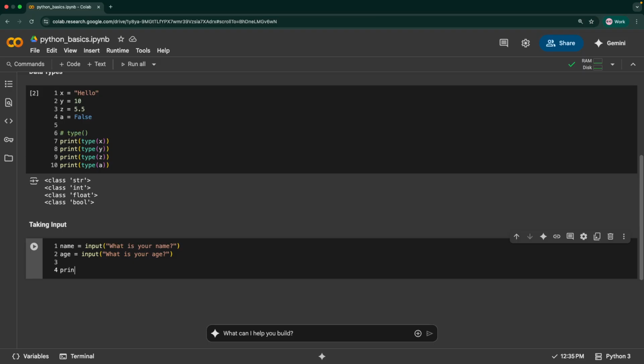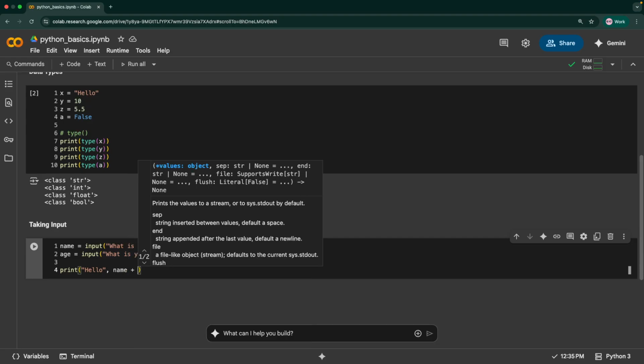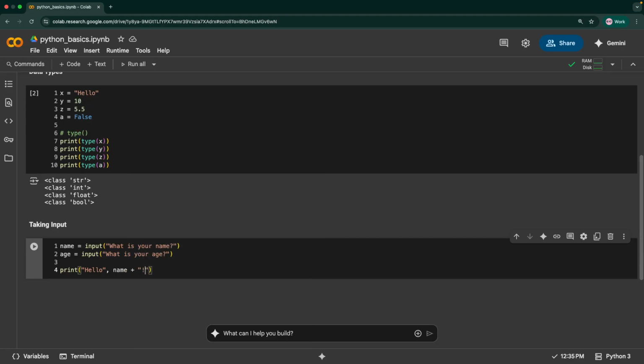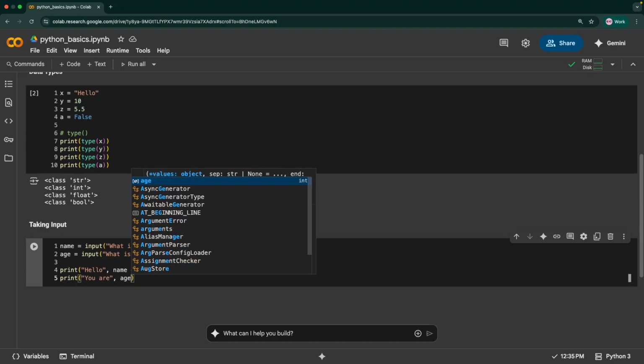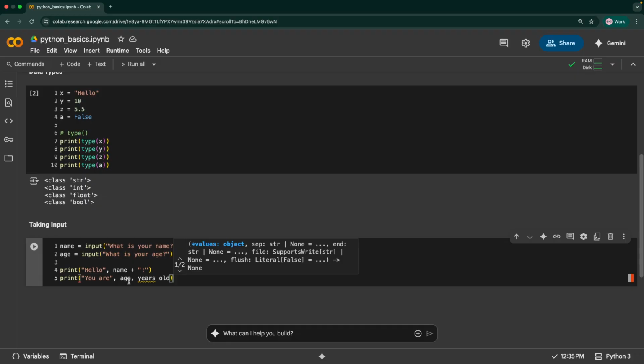Then I can say print hello comma name, and then put a plus sign. This is called string concatenation, and we will come to that later. Let's see how we can print this hello with the name. You are age years old. Okay, let's run this and see.